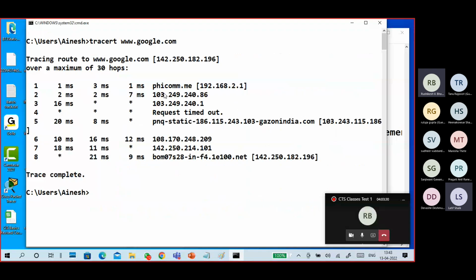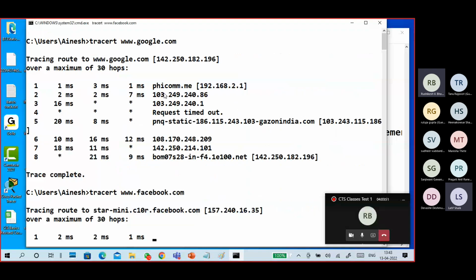Same thing. My packet travels from my laptop to google.com. But how does the packet travel? It shows here. Another command is the same command only. If you want to reach facebook.com, that is the IP address of facebook.com.